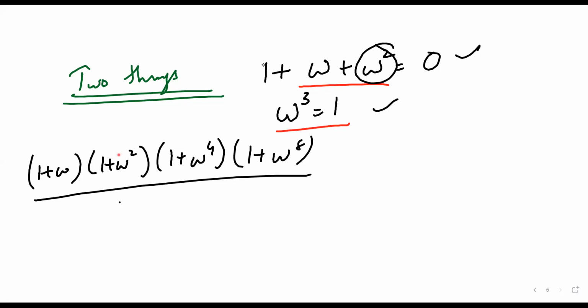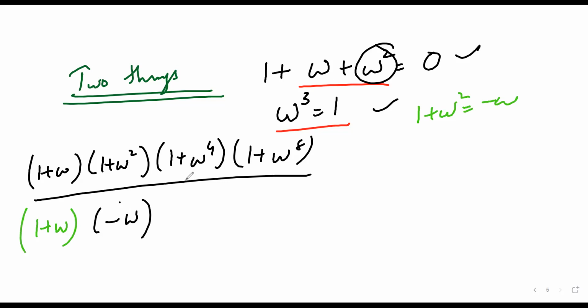If it is 1 plus omega square, what is the value? What is 1 plus omega square from this? If I want to write here, minus omega, correct? So I have to make sure that everything is easy. Yes or no? So those who are stuck, for them, I'm just doing it. 1 plus omega. What is 1 plus omega square value? It will be minus omega, right?